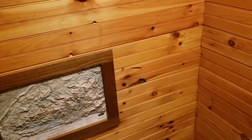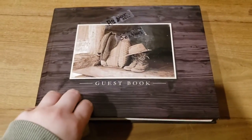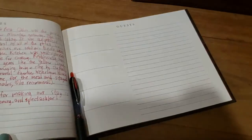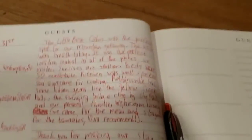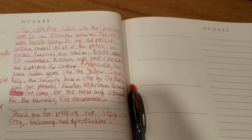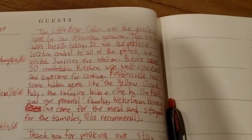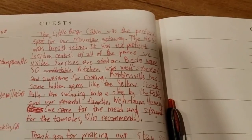Not really much in depth, but if you like A-frame cabins and love mountain views, this is definitely the cabin for you. This is a guest book they have for everybody who stayed here, and so we left our little piece on the mountains. So what I wrote was, the Little Bear Cabin was the perfect...